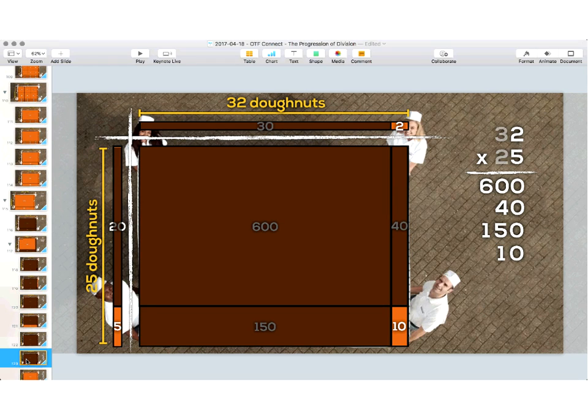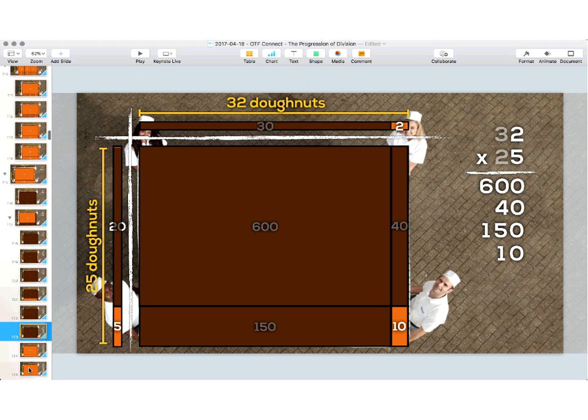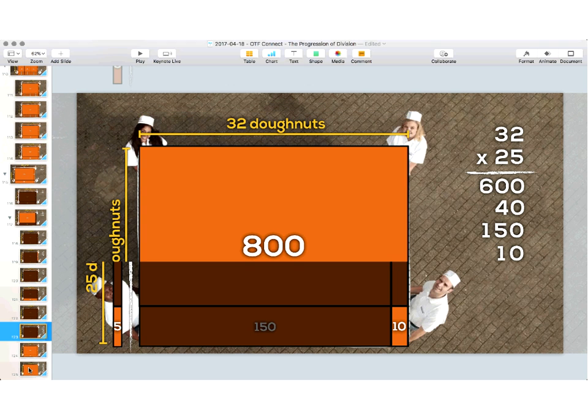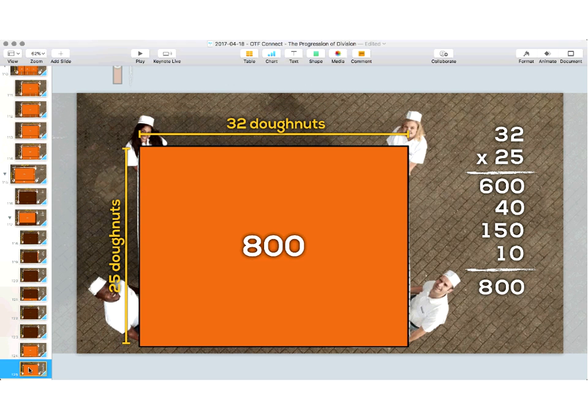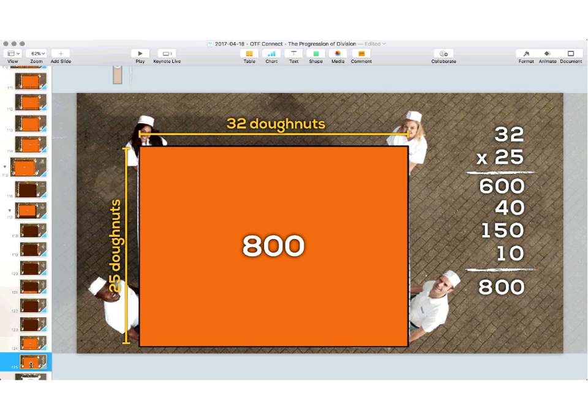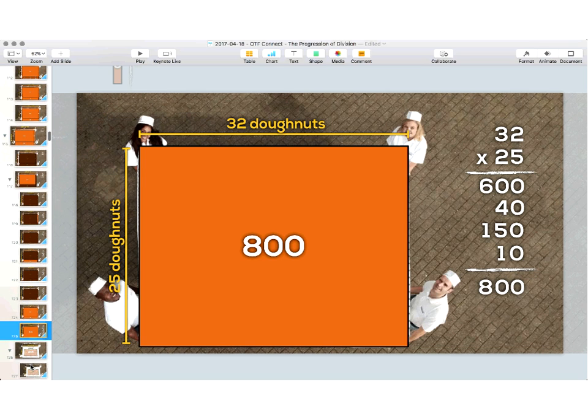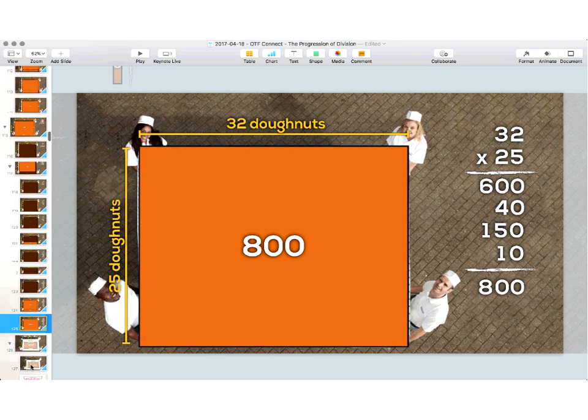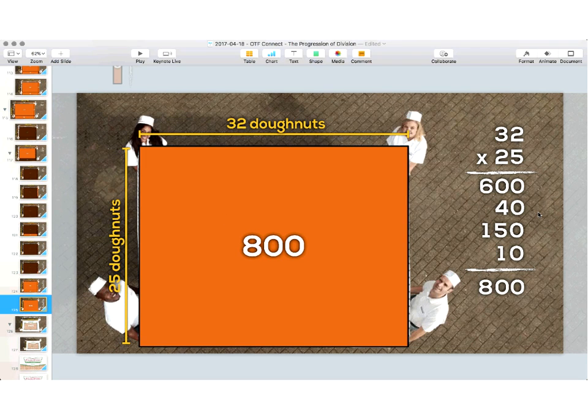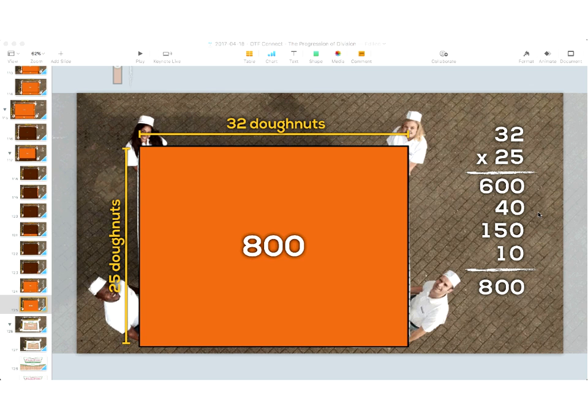We then have 30 by 5, which is 150. And finally, 5 times 2, or 2 times 5, which gives us 10. So we can see that the standard algorithm actually exists in all of these representations that we're seeing that have led up to this point. So that's just a quick little way that we can recap some of our multiplication strategies from last time.